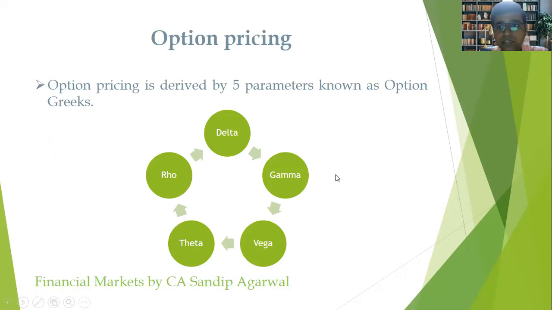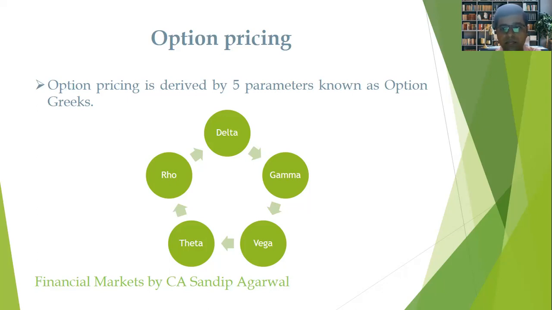So in this video, we will cover how the pricing of an option is determined. Till now, we have learned about call options, put options, in the money, at the money and out of the money call options, and we have also learned about the various strategies applied in the market, covering hedging, partial hedging, generating income, as well as speculation in options. Now, in this video, we will try to understand how the price of an option is determined.